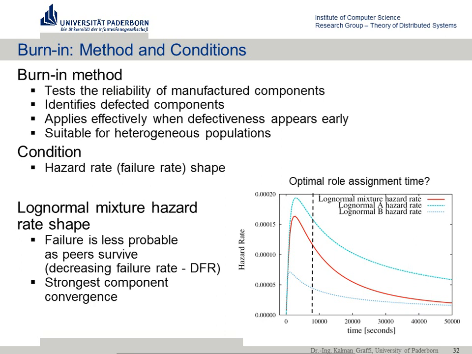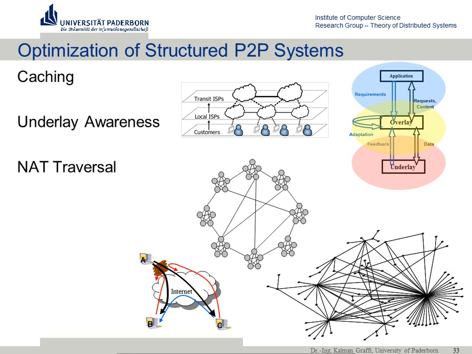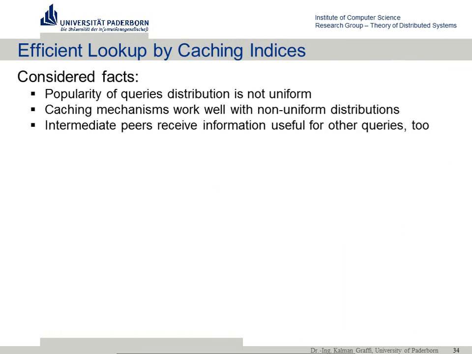Next, we will have a look at other optimizations of structured peer-to-peer systems. So we'll have a look at what else can be done to make the overlay better. So in here as well, it's not necessarily related to Chord or any overlay, so it's very general. It can also be applied to Pastry, and we will see what kind of problems occur and what kind of solutions there exist. So first of all,